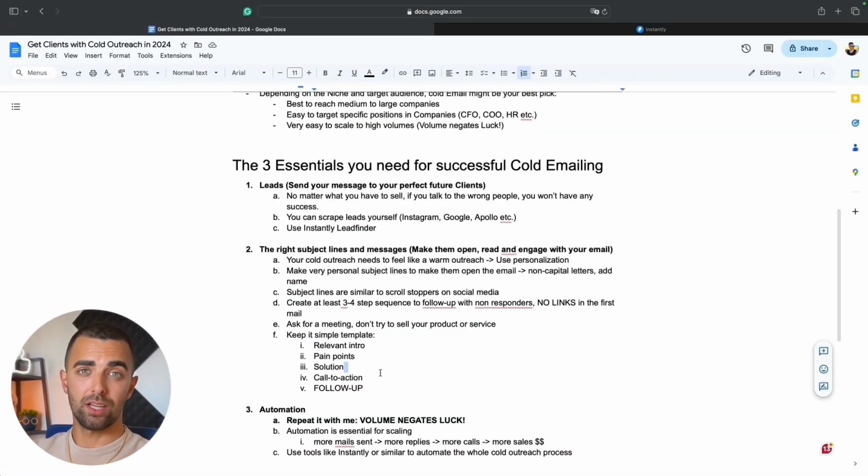The last and most essential crucial step with cold email outreach is we need automation. Without automation, we cannot scale any of this. You can start trying to send emails on a daily basis manually, find the leads, search their Instagram, see what they had for food yesterday, send them a super personalized email, but you will go nowhere doing this because you will be capped with the time you actually have. And I'm pretty sure as a business owner, you don't want to send cold emails every day, all day. You have other things to do. So for this purpose, we are using automation and tools to make this whole process as automated as possible.